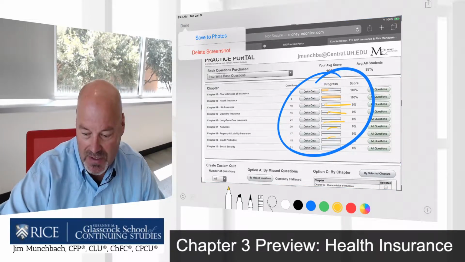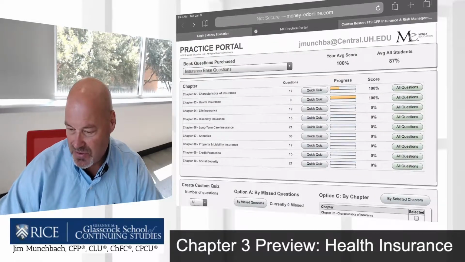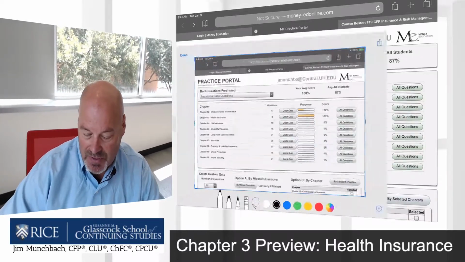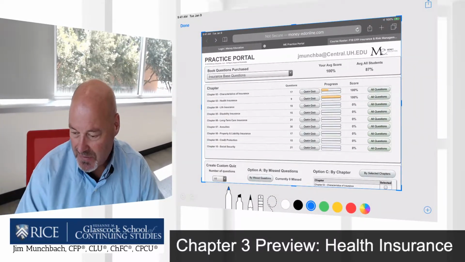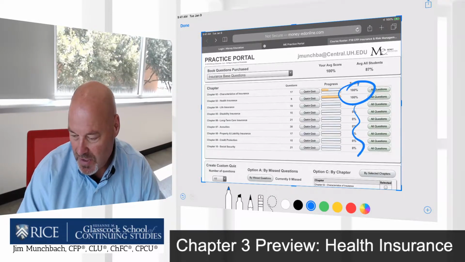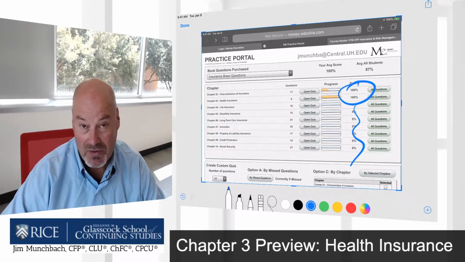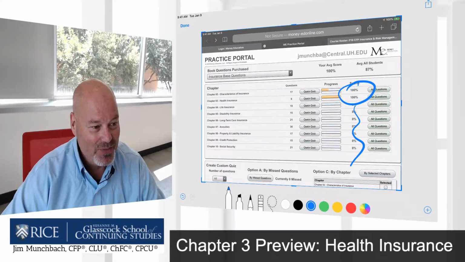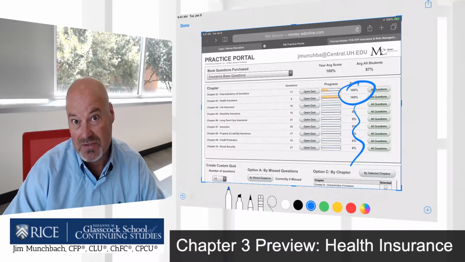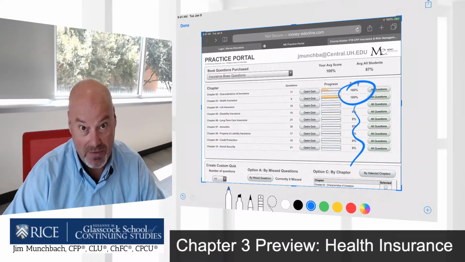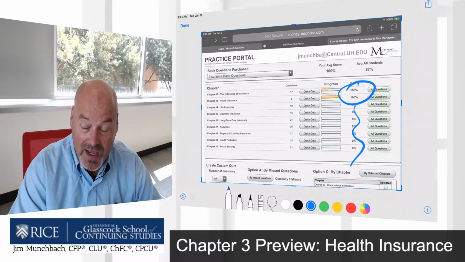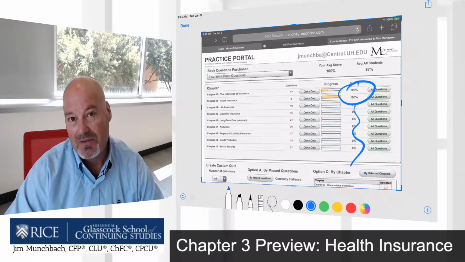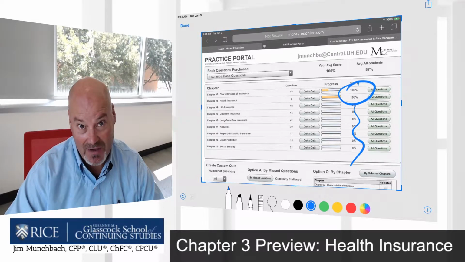You'll get the points. But what I want to encourage you to do is not just get the orange bars, but do this as well. Get the 100% all the way through here. And the reason I'm encouraging you to do that is because, as I shared with you last night, there's a ton of material in this section, and I mean the whole insurance section. I know you knew that, and this is my first time, so I'm just again kind of realizing the mountain of stuff we have to go through.